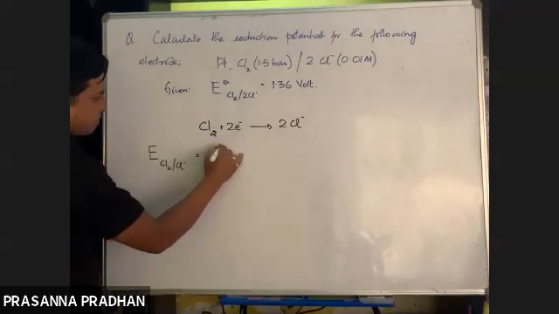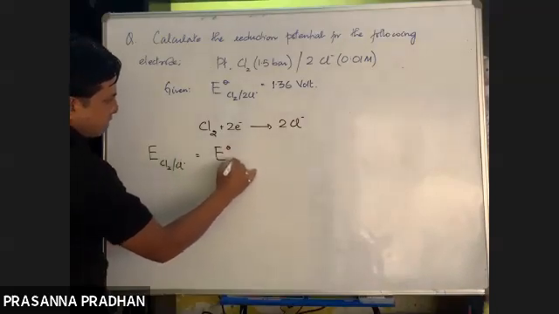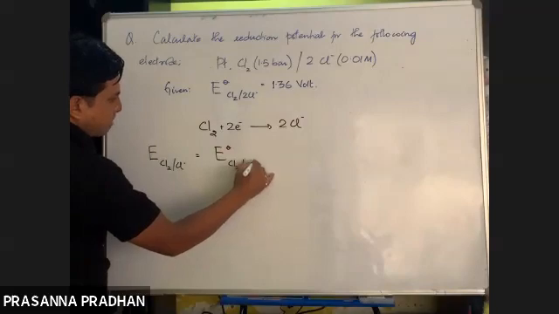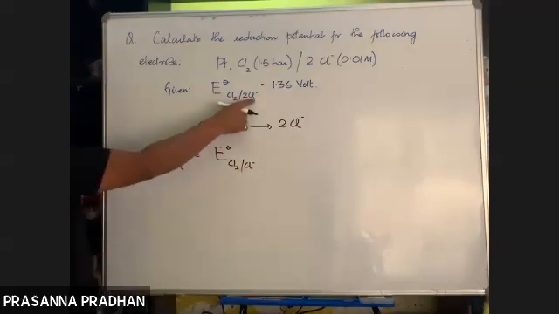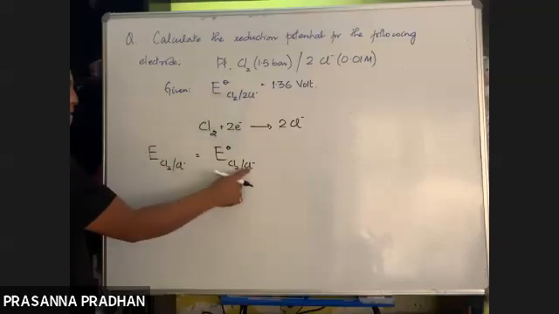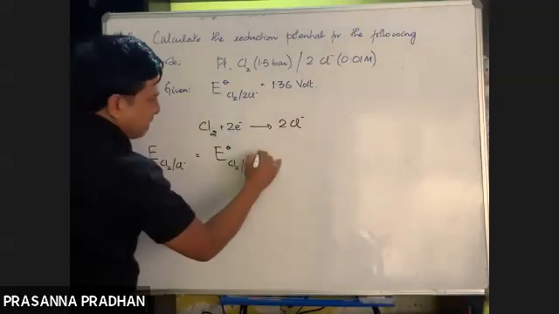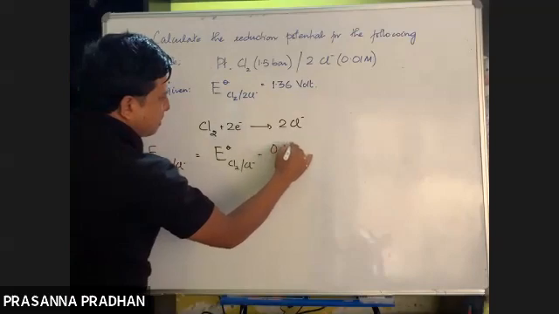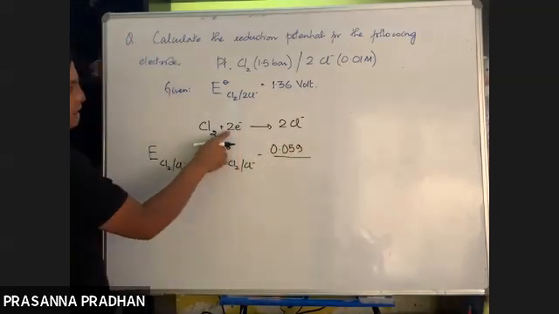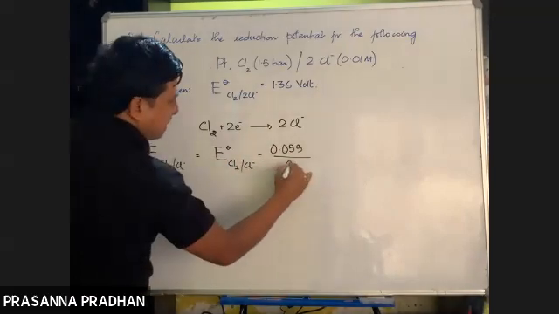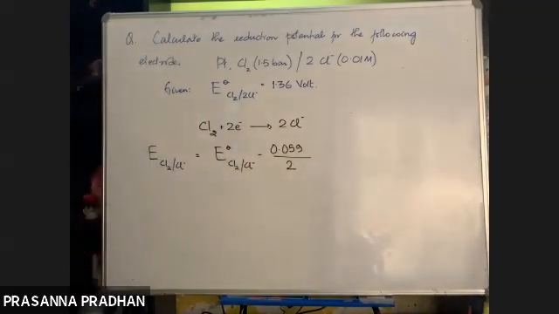equal to E naught of chlorine/chloride ion. So I can write 2 chloride ion or just chloride ion out here. It's given 2 chloride ion, so I can just write chloride ion out here. Minus 0.059. So how many electrons are involved out here? In this case, the number of electrons involved is 2. Log